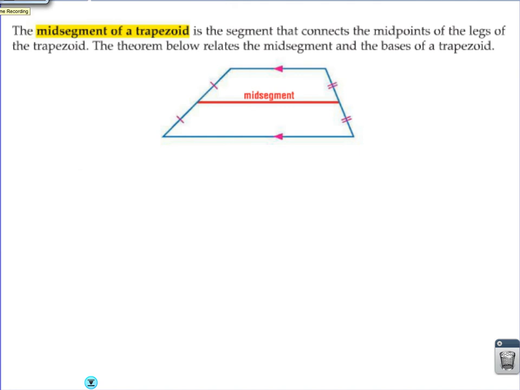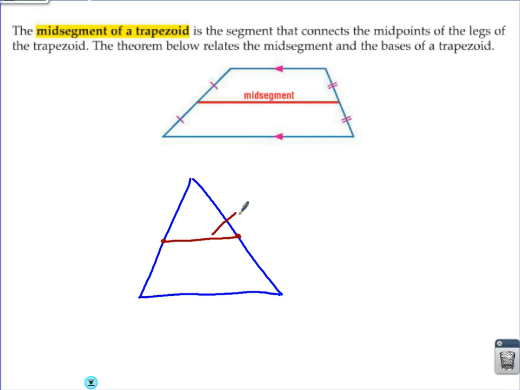the mid-segment of a trapezoid. Let's go back and review mid-segments of triangles. See if you remember this. If you were dealing with a triangle and we took and found the midpoint for one side, which is about right there, and we found the midpoint for the other side, which is about right there, and we connected those two midpoints, the line segment that was formed was called the